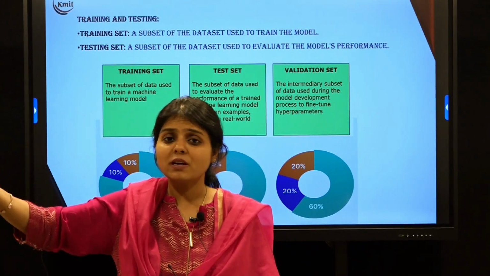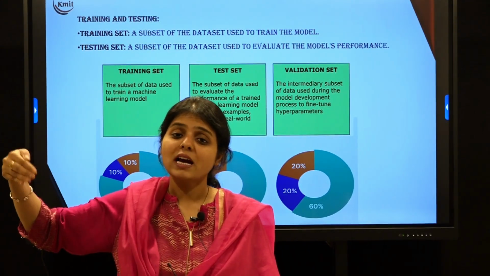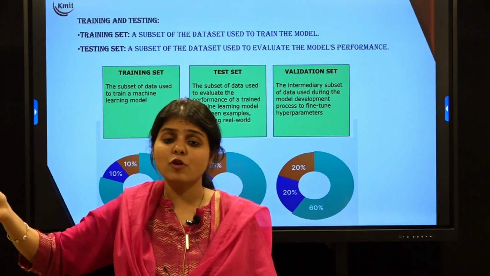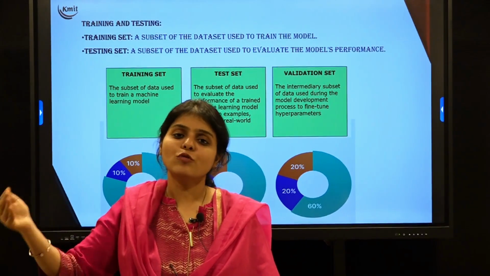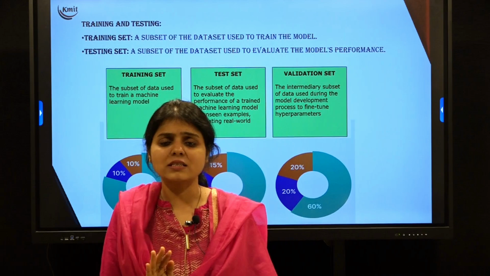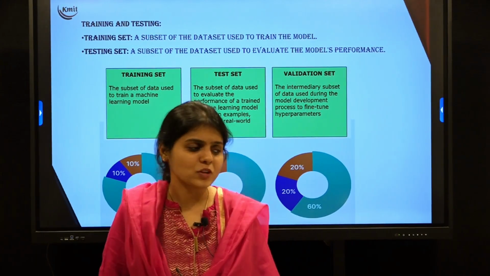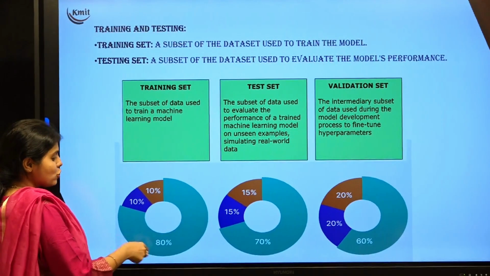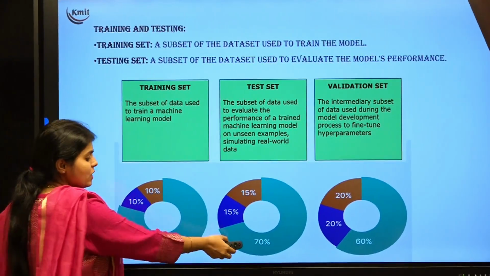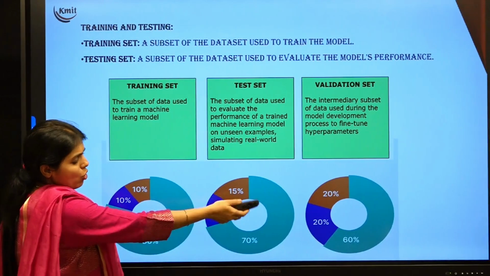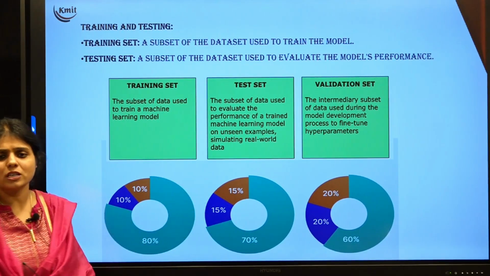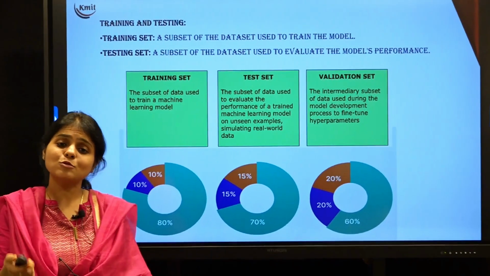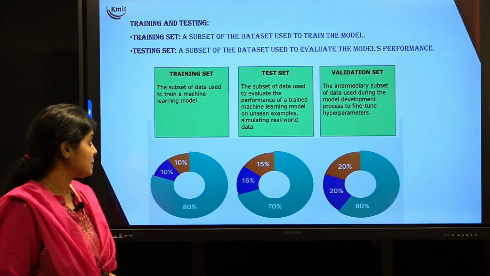When you go for deep learning, to validate the model performance and to fine tune the model if the performance is not as desired, we go for a validation data set. For now, just understand training and test data. As you can see here in the images, 80% of the data can be taken for training, 20% for testing, or 70 for training, 30 for testing, or you can go for 60 for training, 40 for testing. But make sure that training data is more and testing data is less.